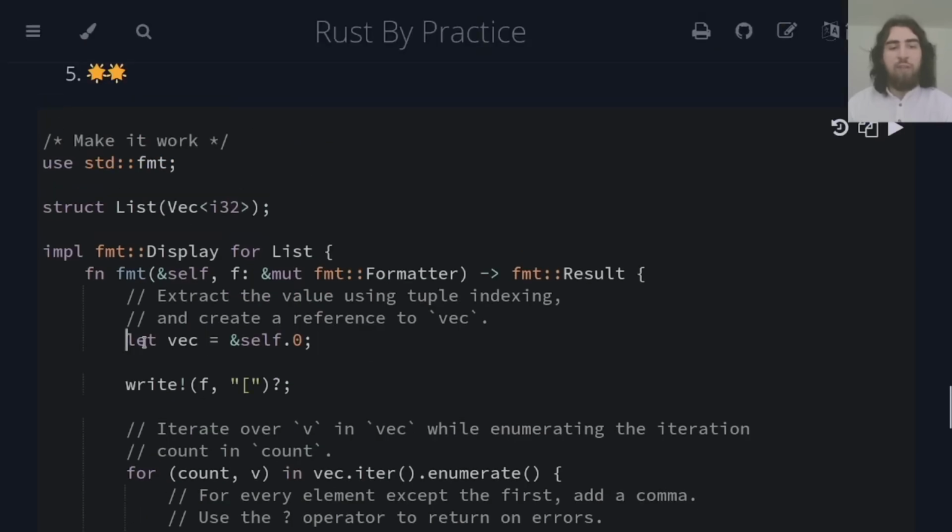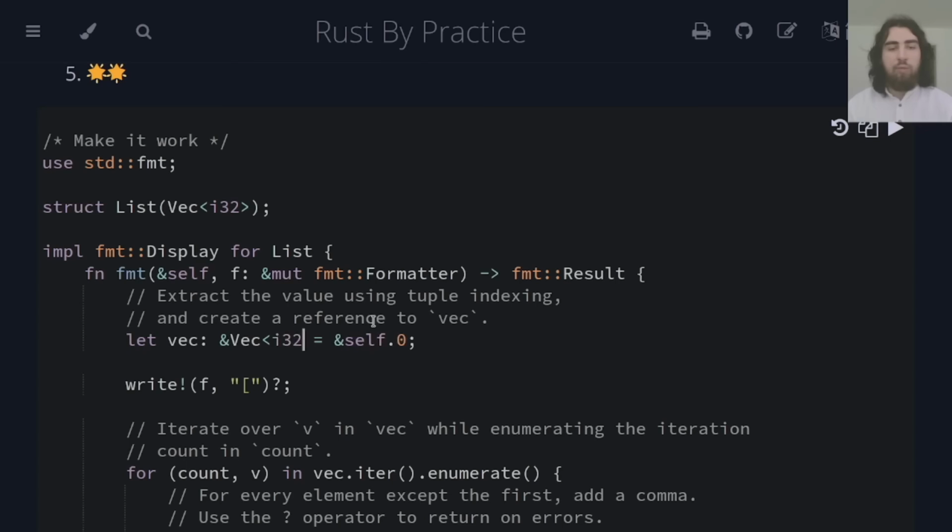So the first thing we do is access the vector in the list struct, and we do that using tuple indexing. We want the first element because there is actually only one element in here. So we access that, meaning we will get back a reference to a vector